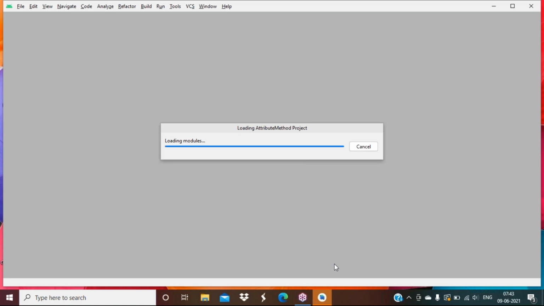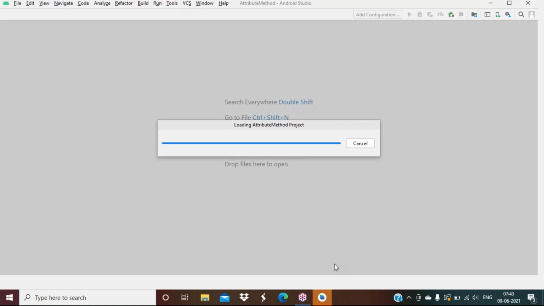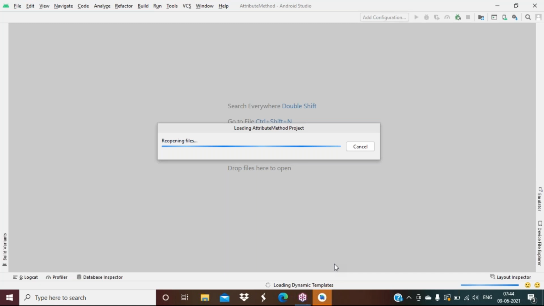The project is loading. This Gradle build is taking time. I will try to update my Android Studio because one more update is available. Maybe that is causing so many issues. Let me check. I try to upgrade my Android Studio IDE. Directly the update will be available, and if you click on it, automatically it will update. No problem.